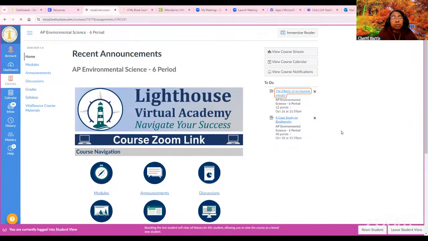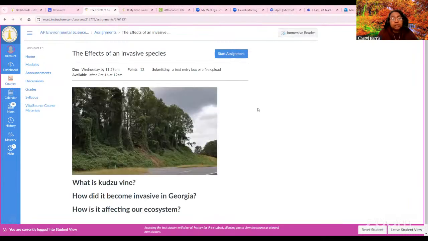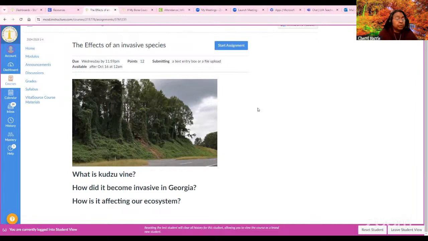All right, so what's due today is this short story here. These are the three questions that you need to answer about kudzu. I checked with Mr. Phillips yesterday that you might not see it in Columbus City per se, but if you've ever been anywhere outside, just along some of the roads extending out, you would have seen kudzu. The picture kind of demonstrates just how it is overgrowing